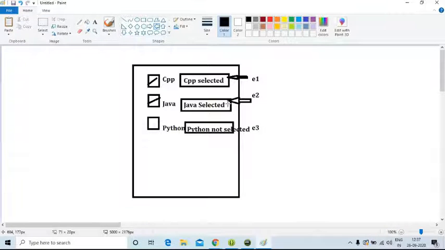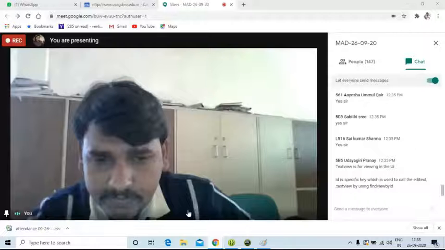E3 is referring to the third edit box of the GUI. That means we are mapping the Java reference variables to the actual components present in the Android application. E1 with the first edit text, E2 with the second one, E3 with the third one. Is it clear? Please let me know. Everyone, is it clear?